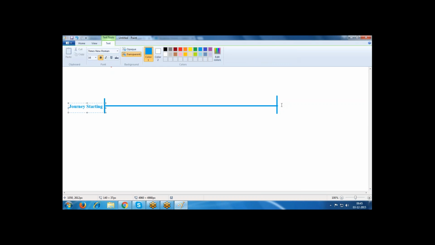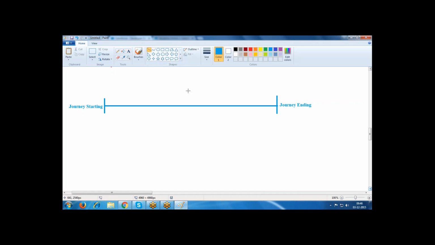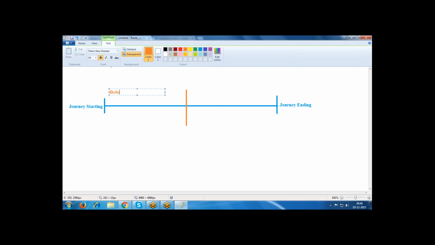The journey is starting here, and the journey is ending here. In the middle, up to some area, it is nothing but before saving a record.